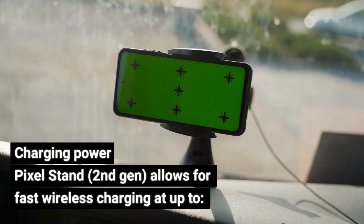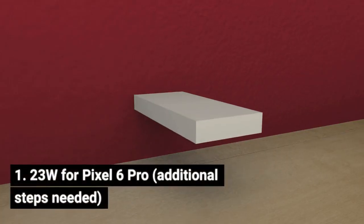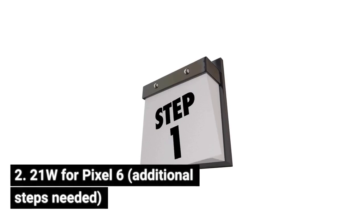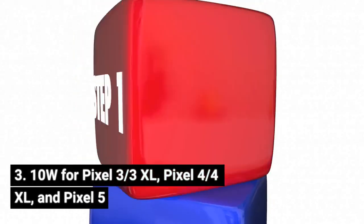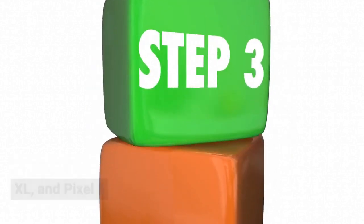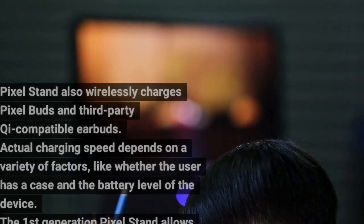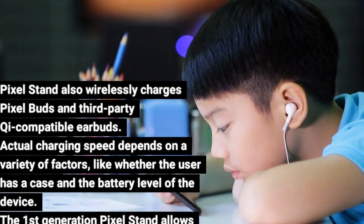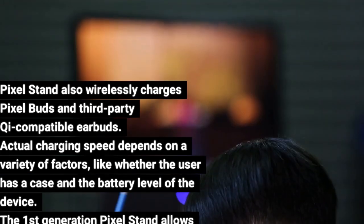Charging power: Pixel stand 2nd Gen allows for fast wireless charging at up to 1. 23W for Pixel 6 Pro, additional steps needed. 2. 21W for Pixel 6, additional steps needed. 3. 10W for Pixel 3/3 XL, Pixel 4/4 XL, and Pixel 5. 4. 15W for other Qi-compatible devices. Pixel stand also wirelessly charges Pixel Buds and third-party Qi-compatible earbuds. Actual charging speed depends on a variety of factors, like whether the user has a case and the battery level